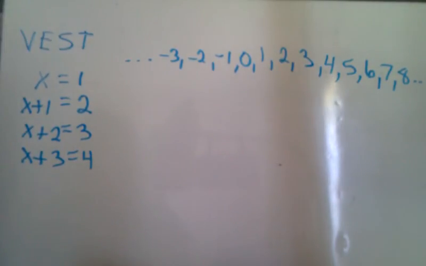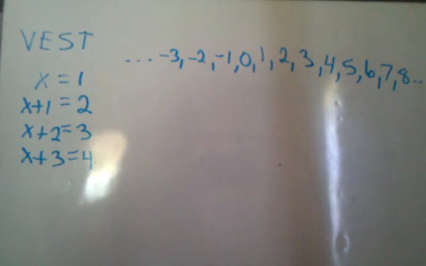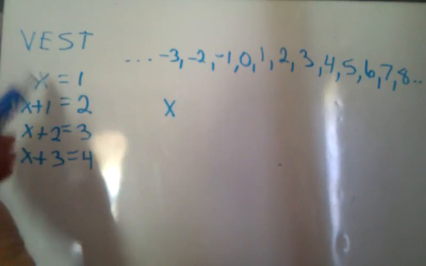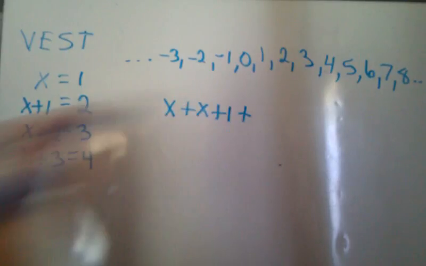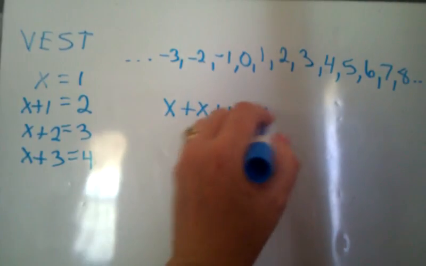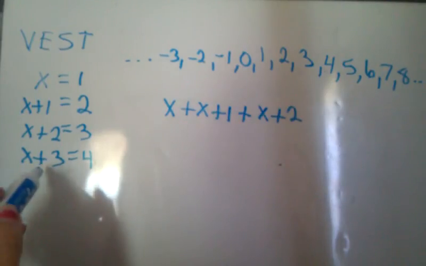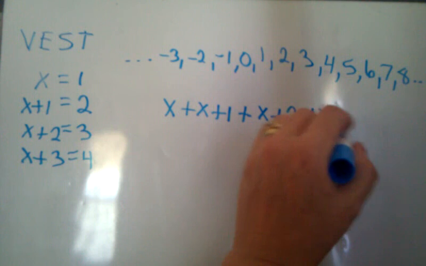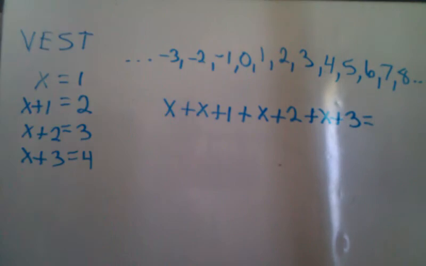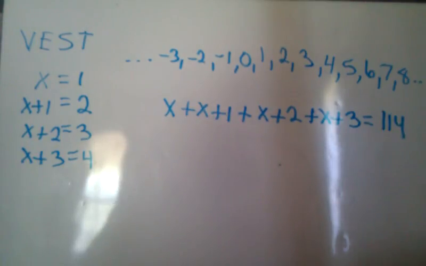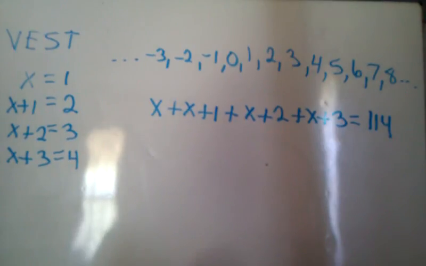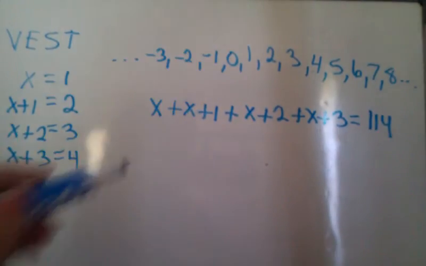Okay? Now my equation is the sum is 114. What does sum mean? Sum means I have to add all those together, right? So I have x plus x plus 1, then x plus 2, and x plus 3, and it equals 114. Okay, let's look at it. We have to combine like terms. So I'm going to underline